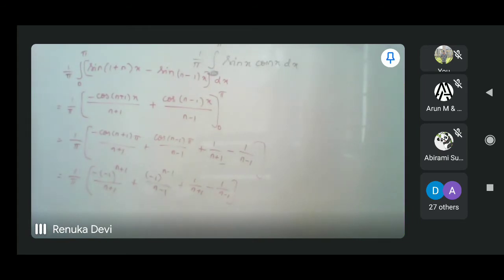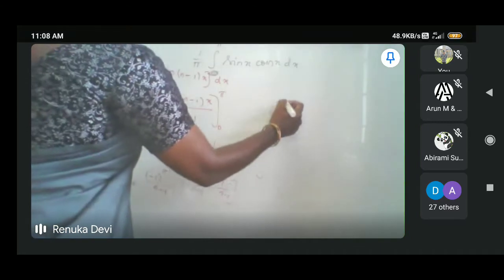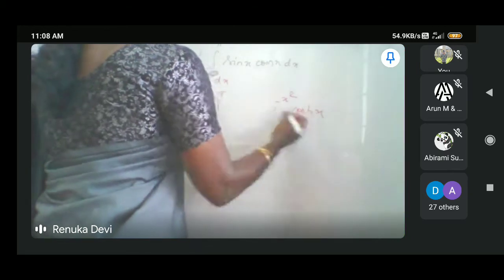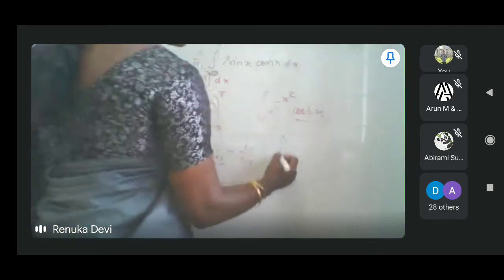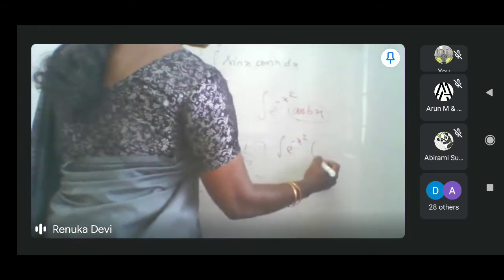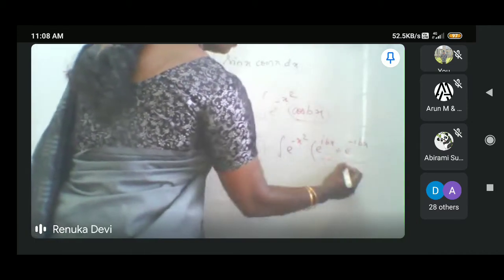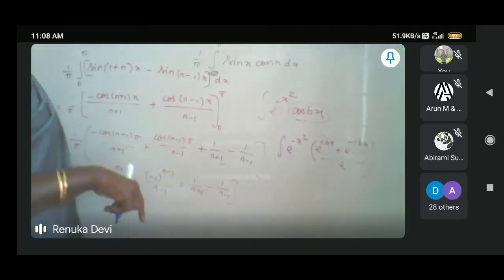Last class I have given one problem. You try to complete that problem. There it is given e raised to minus x square, isn't it? That is into cos bx. So instead of using cos bx as it is, you can take cos bx as e power ibx plus e power minus ibx by 2. Then you multiply these two to find the Fourier transform.